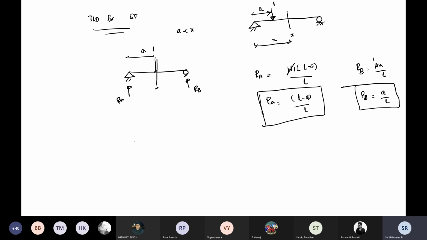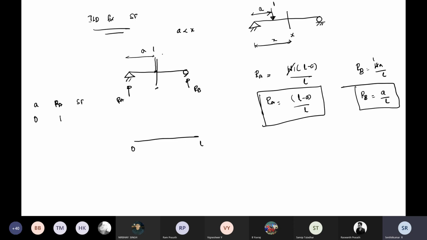We have to draw the influence line for each point, right? Here 0, it is L. It is changing from 0 point to here. Now I'm keeping the first stage A, here the RA value and here the shear force. First I'm keeping A as 0. What is my RA value? RA value is 1. Okay. A is 0, RA value is 1.